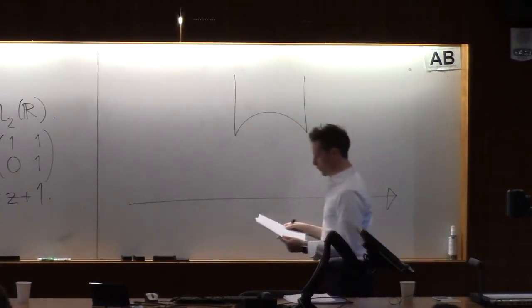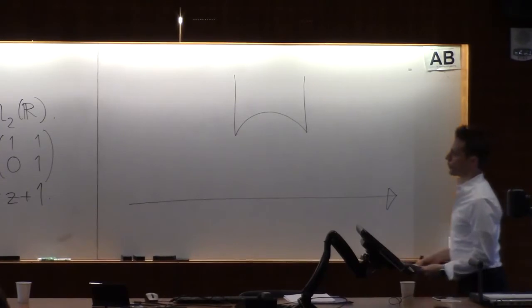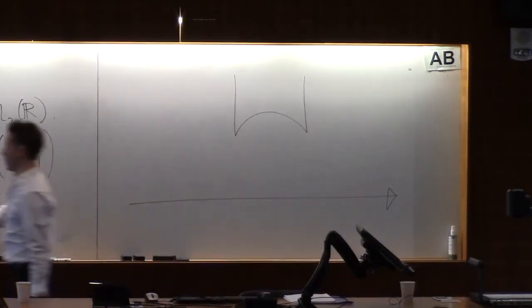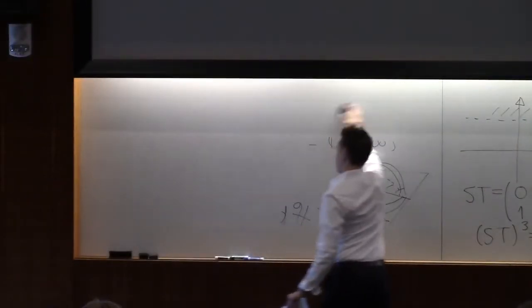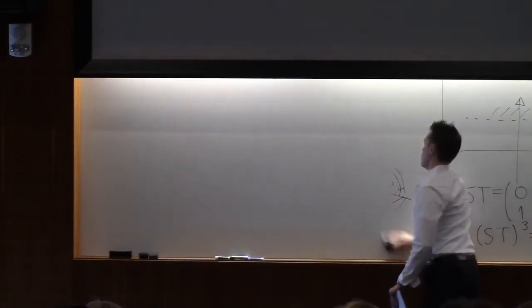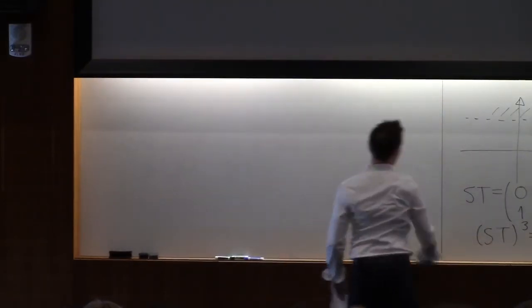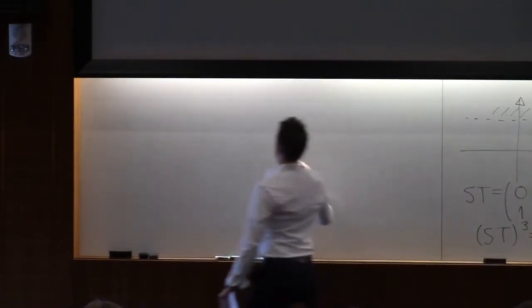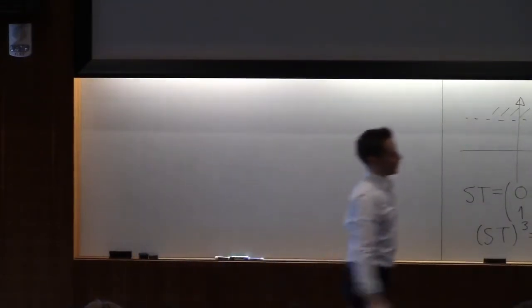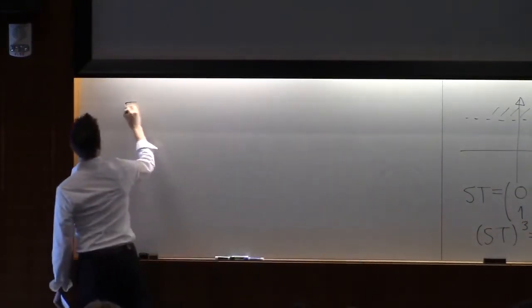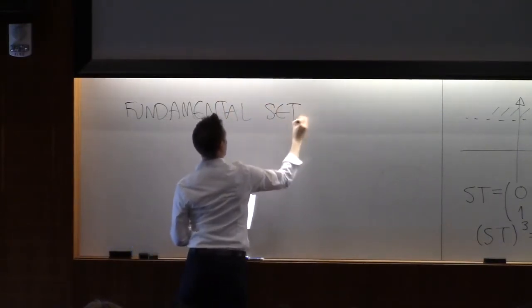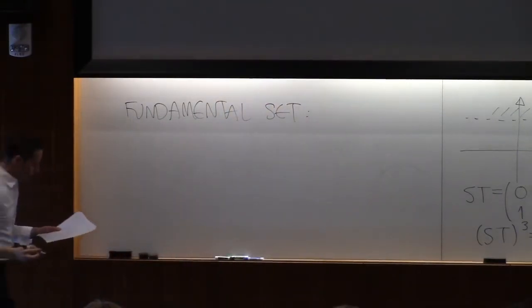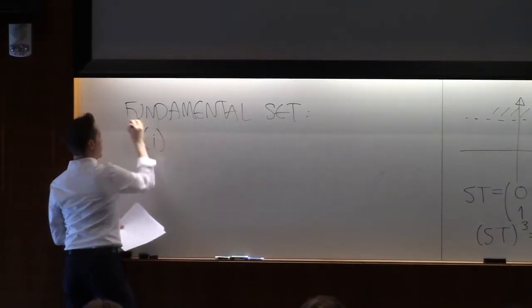Okay, so you asked for a fundamental set for the action of this group gamma. Fundamental set, what does that mean? Well, we'd like to understand the action of the group. In order to do that, we should pick out representatives of the gamma orbits in the upper half plane. And a nice way to do that is to take the points that are closest to a given point here. Let me write down the definition of a fundamental set first.